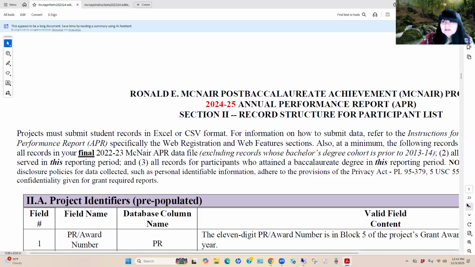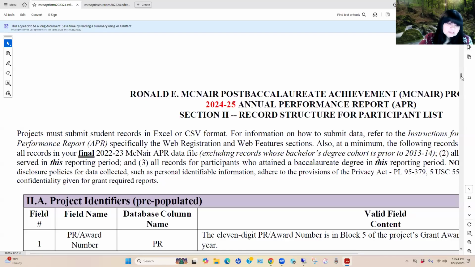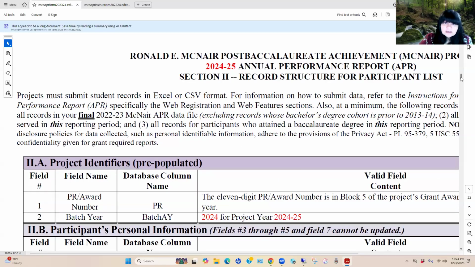So let's take a look at this Excel file that we're creating, those columns, and this record structure. Every column is the data that we're processing for each participant, and every record within this Excel file is a student story.